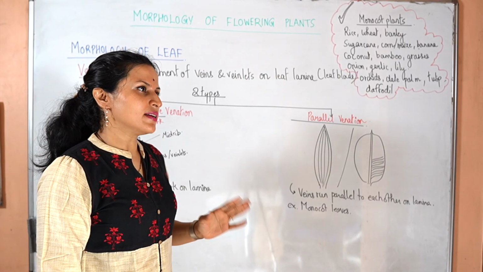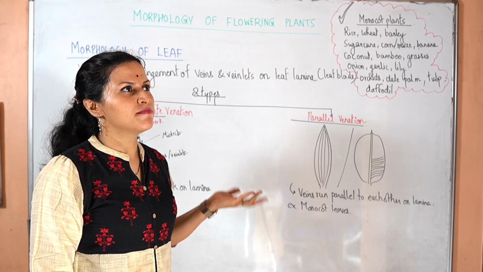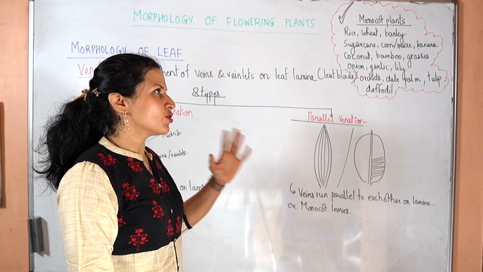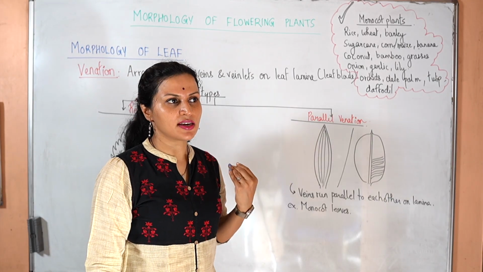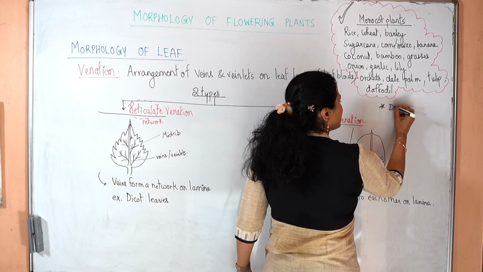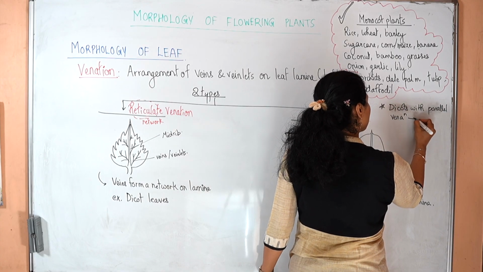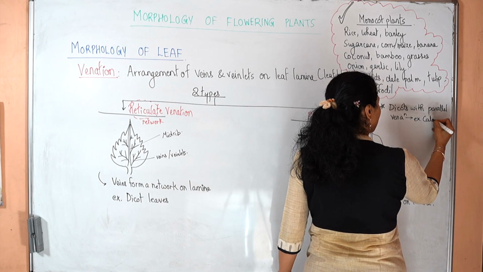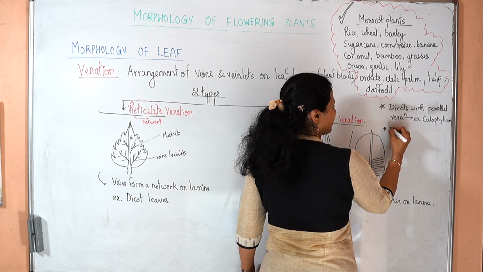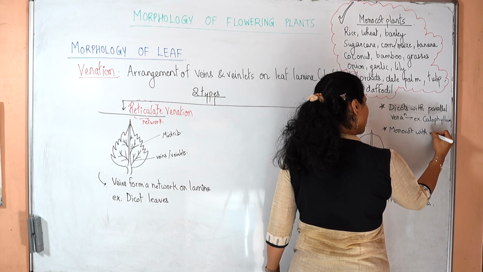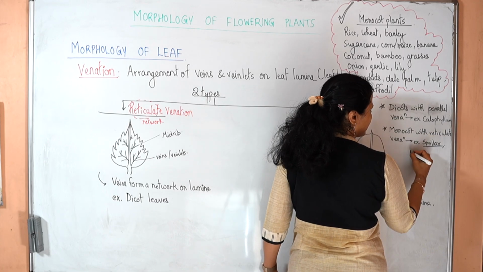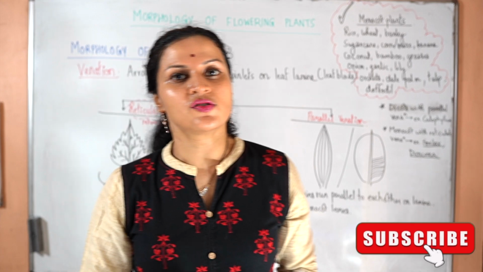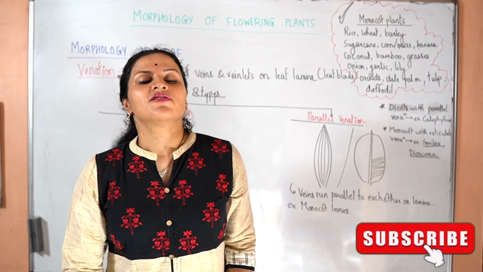Is it possible that a dicot plant can have parallel venation and a monocot plant have reticulate venation? Yes, there is a possibility. There are rare exceptions. Side note: dicots with parallel venation, example, Calophyllum, and examples of monocots with reticulate venation will be Smilax and Dioscorea. Those are AIIMS extra points. Fine, so that will be it from